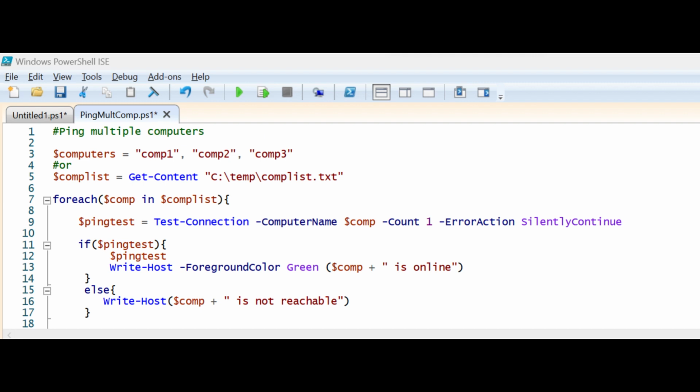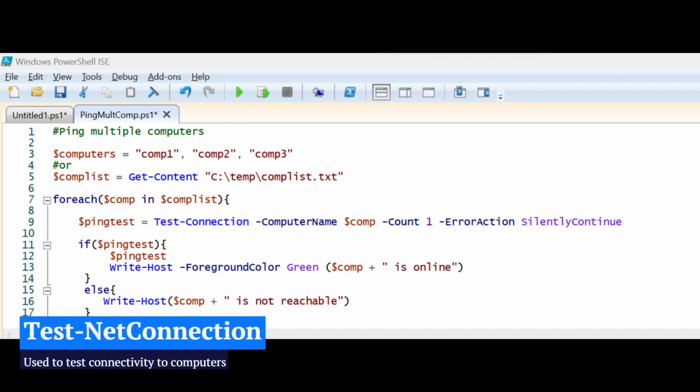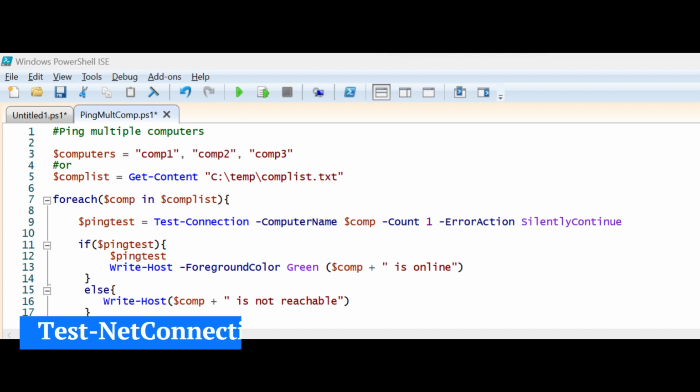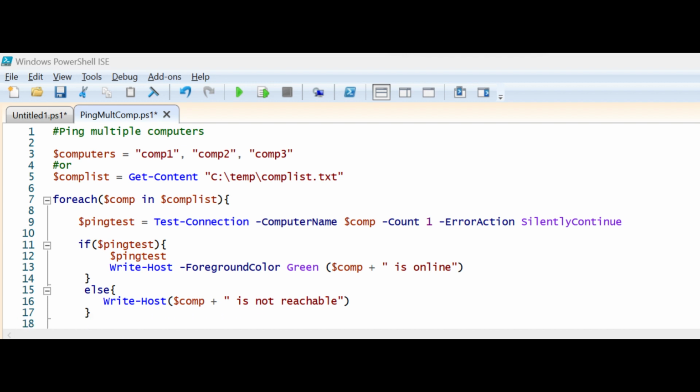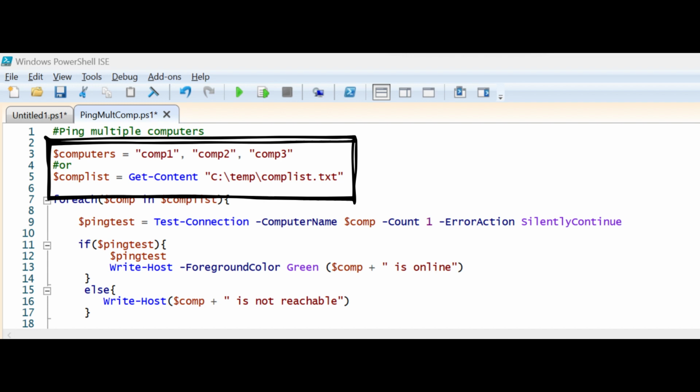Here is a sample script that I've created to briefly explain the use of arrays. In this example, we'll be using the Test-NetConnection cmdlet. This is somehow the equivalent of the old ping command. I'm using an array for this to test the connectivity to multiple computers. Don't worry if you don't understand the script, as I will have another video for this cmdlet. For now, let's focus on the array variable $computers. I created it in two ways. One is by putting the list manually, and second one is to get the list from my text file from